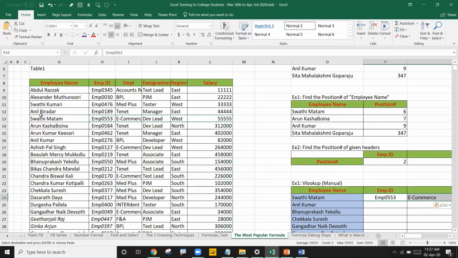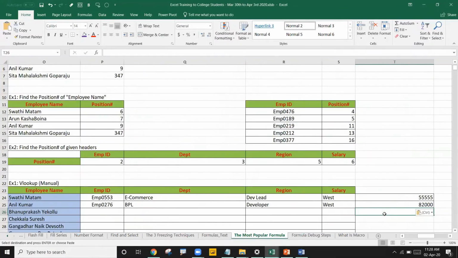Where is Anil Kumar? Again I'll start searching with my eyes, giving a hard time to my eyes. Here is Anil Kumar. I'll copy all these records, go here and paste it. After copy pasting all this, I later got to know that once I moved to the right side, in the salary place it was giving the region information, and in the region place it was giving the designations.